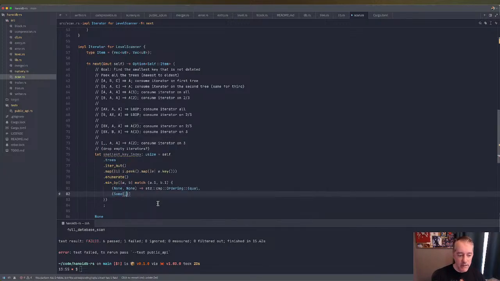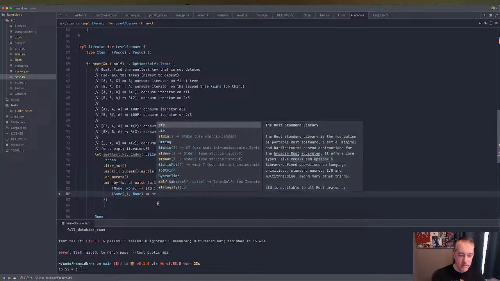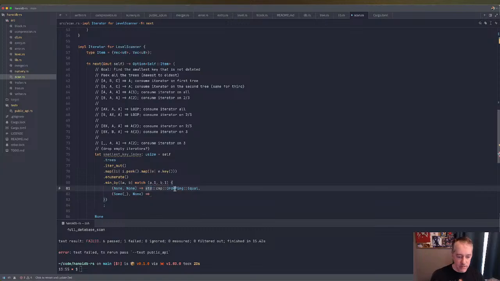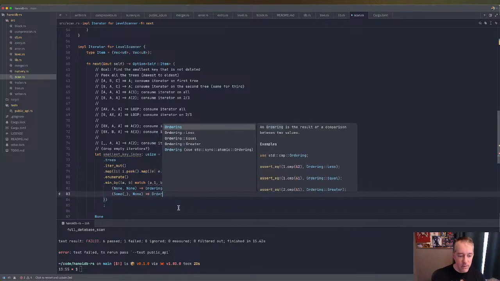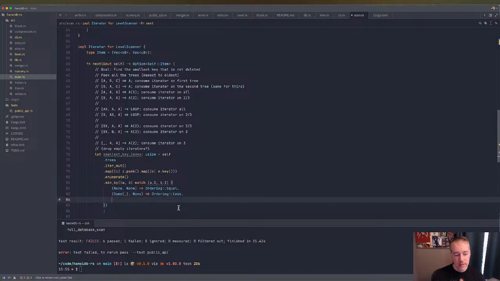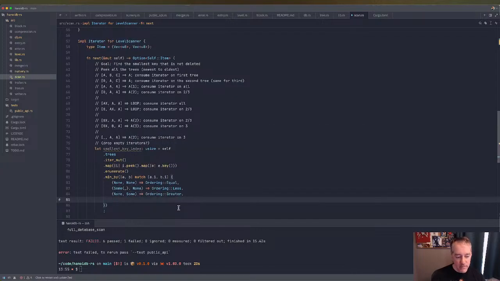So if we get some and none, we want to get ordering here. Let's import that. We want Ordering::Less. If we have the inverse, none, some, we want Ordering::Greater. And if we have anything else,